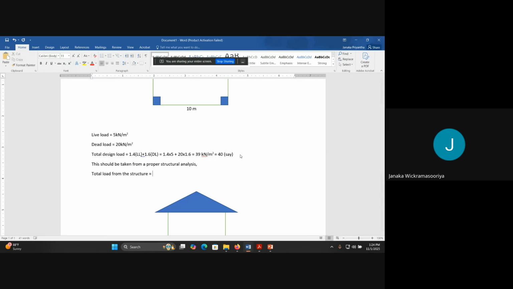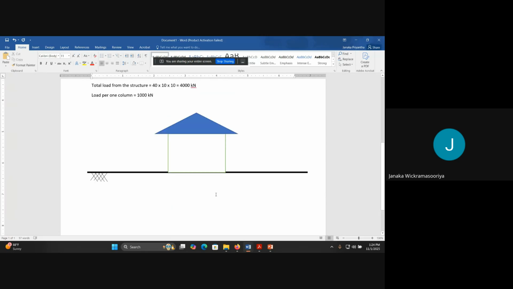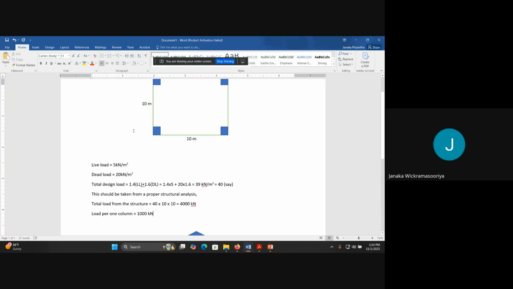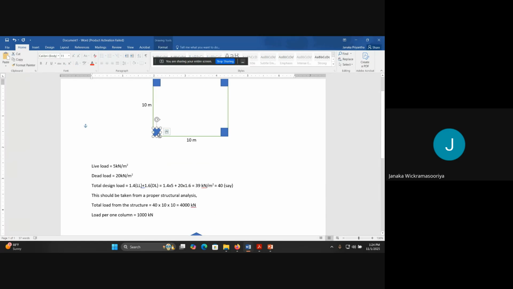Total load from the structure would be 40 times area, which is 10 by 10. That would be 4000 kilonewtons. Therefore, load per one column would be 1000 kilonewtons, right? Therefore,